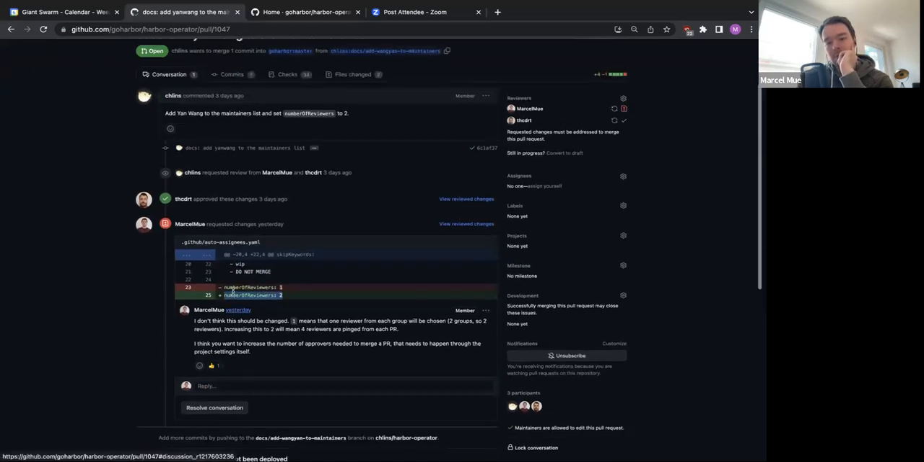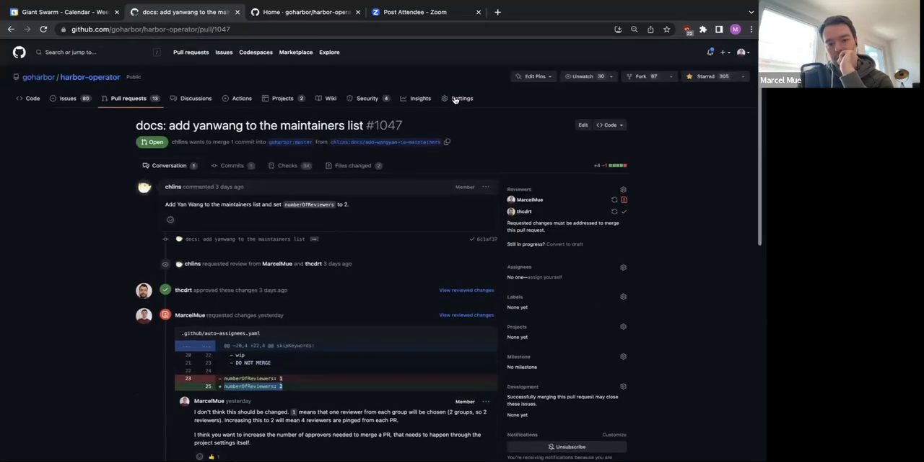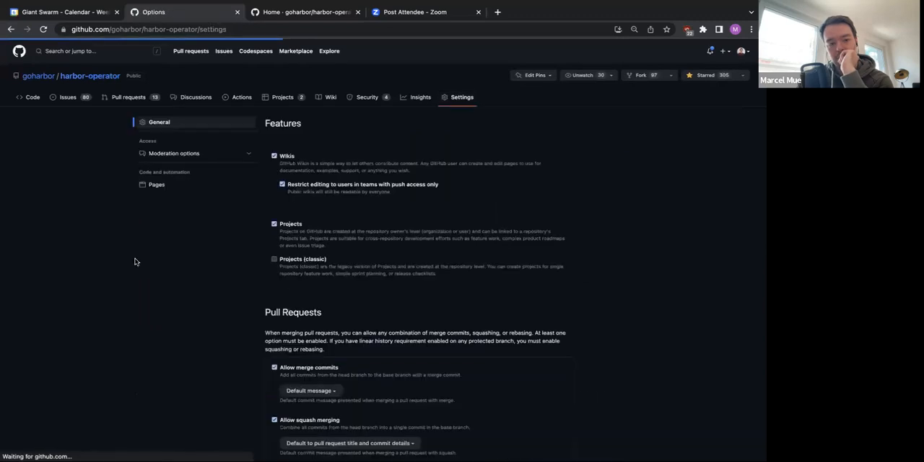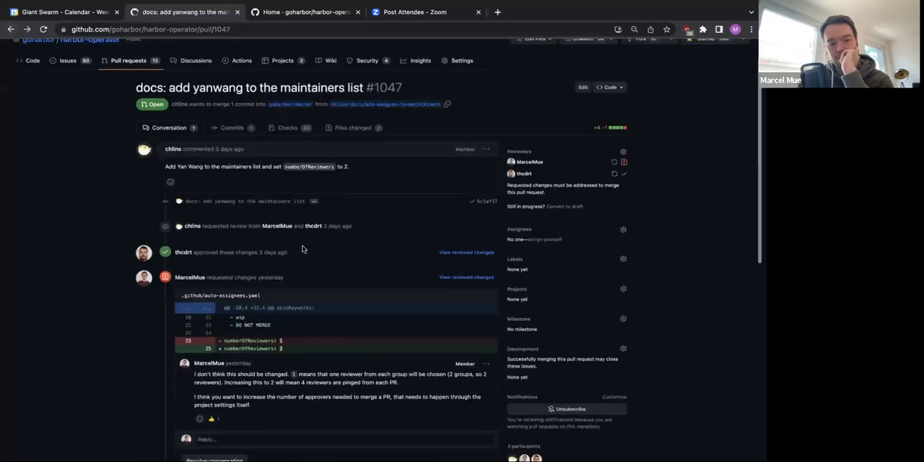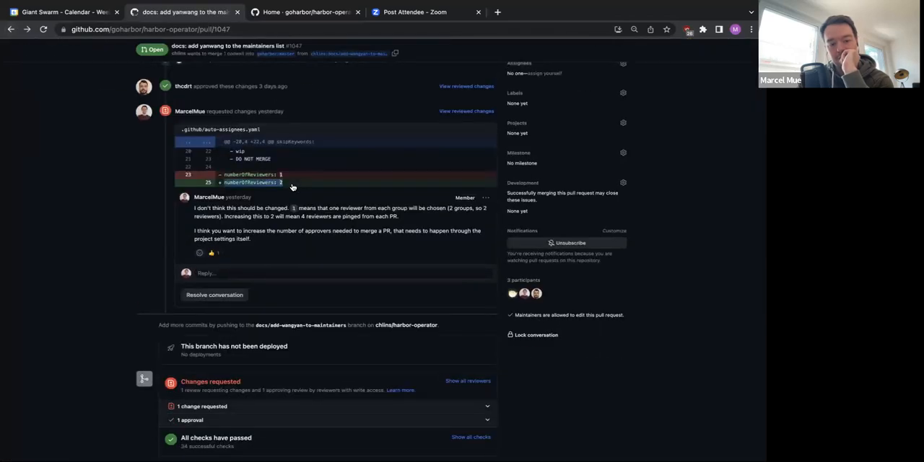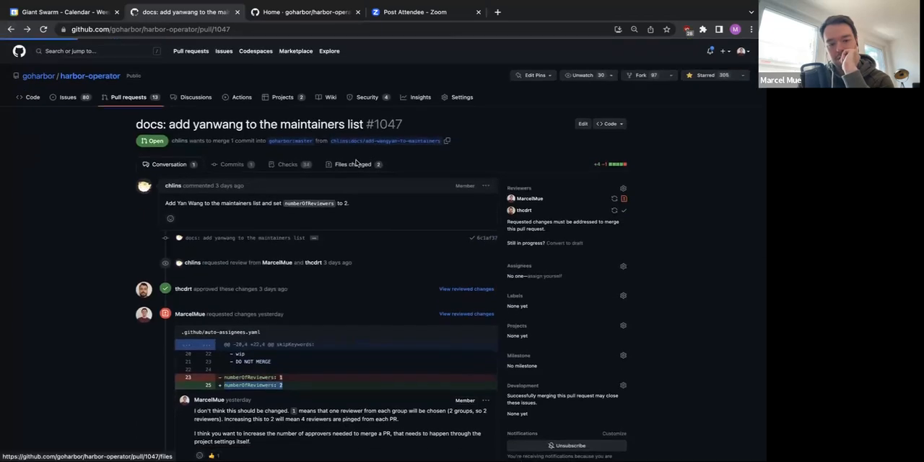This needs to happen through the settings. So through the settings up here, I do not have permissions to change this, as you can see. I think Olin, you changed it to 1 initially. If you can just change it back to 2 in the settings, that's fine. And in this pull request, I posted an explanation why this number needs to remain at 1, because the auto assignees